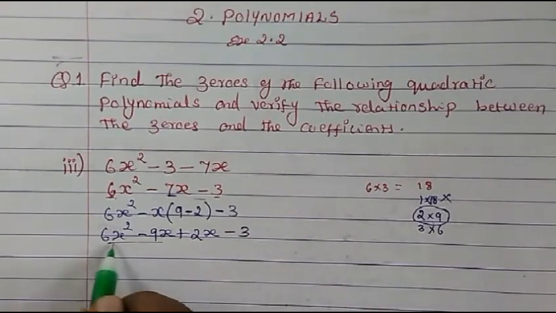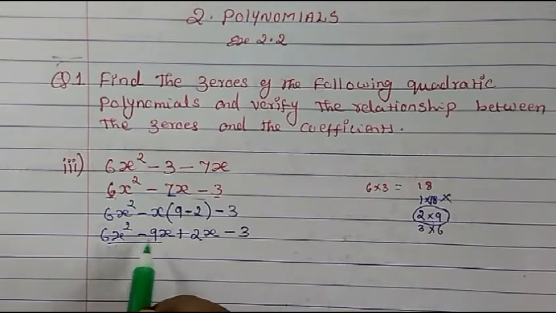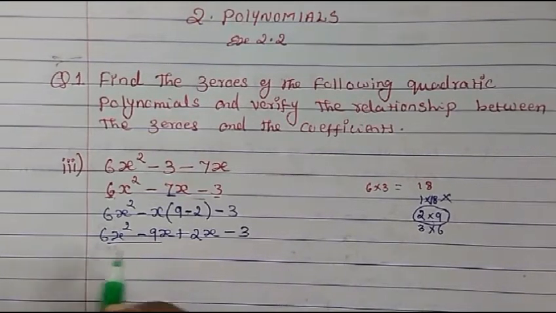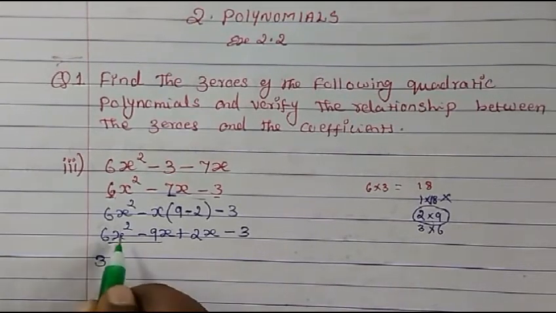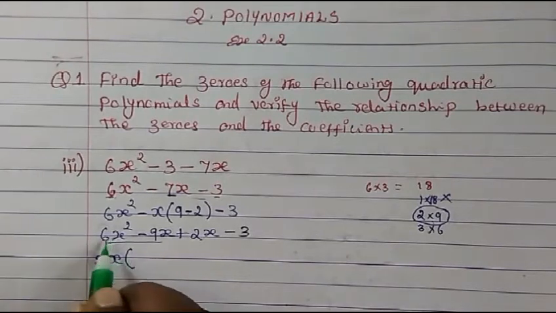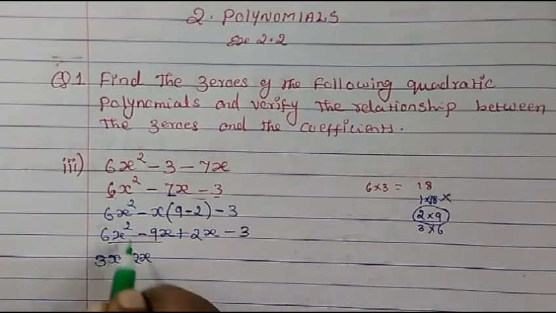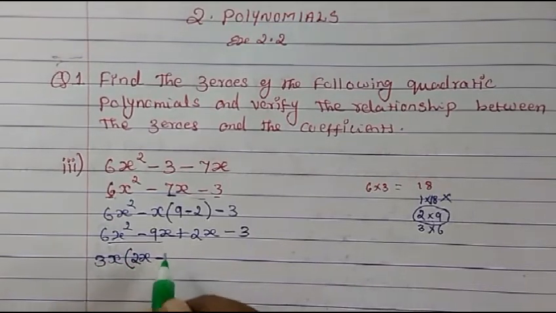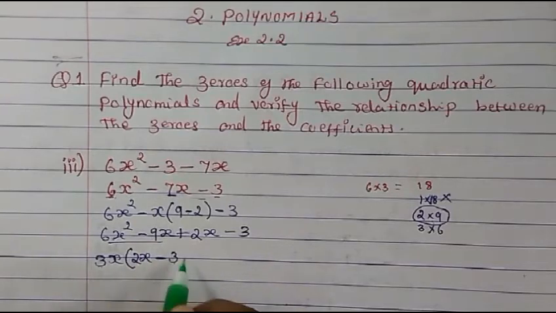Now from here, let us take out the common number, that is, in which table 6 and 9 will get completely divided. You can see in the table of 3, 6 and 9 get completely divided. So we'll take 3 outside. Then here also x is there, here also x. So we'll take 1x out. Now what will we get? We'll get 2 here, so 3 2s are 6. Then x into x is x square. So minus is here. Now x is already out, so we will get 3. 3 3s are 9.